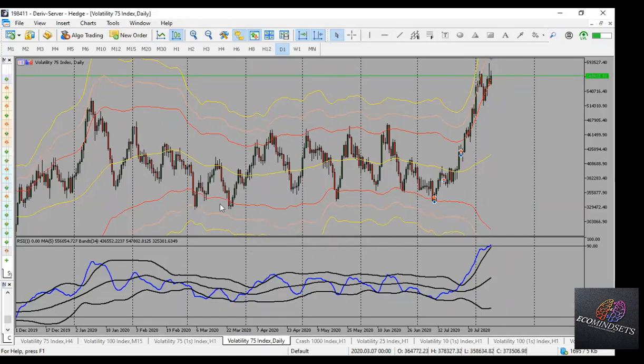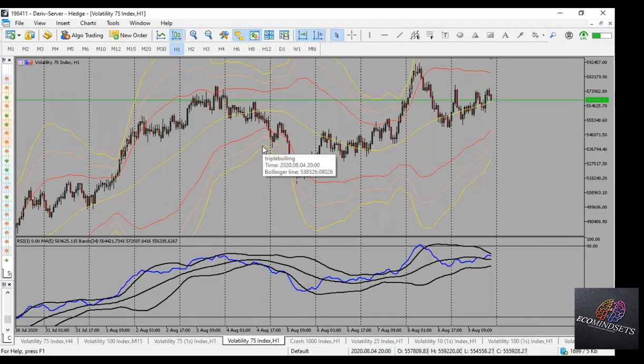Okay, let me continue. So we will only be looking for buying opportunities. This is our day one, so we go to our H1 and look for buying opportunities. What do we see on H1? On the main chart, I saw a buying opportunity, but on my candles and my indicator window, I've not seen any buying opportunity. So I'm not going to take that trade. I'm not going to enter that trade.